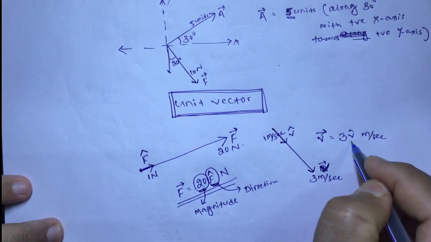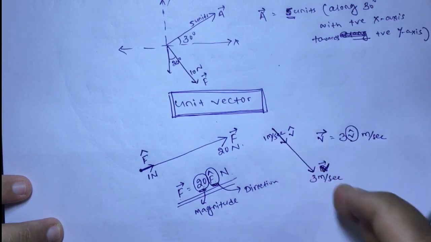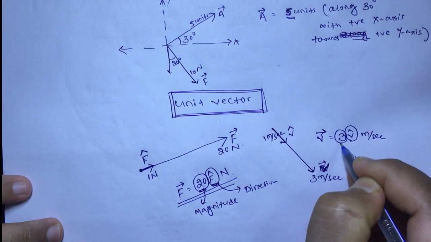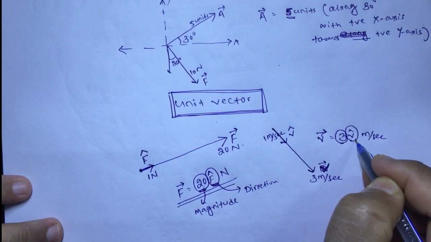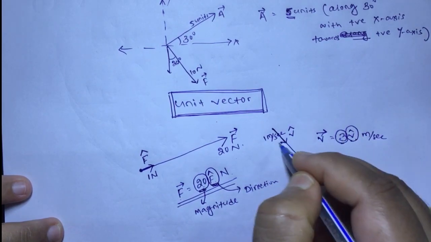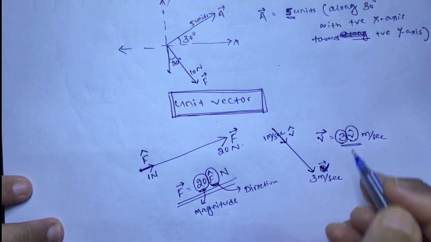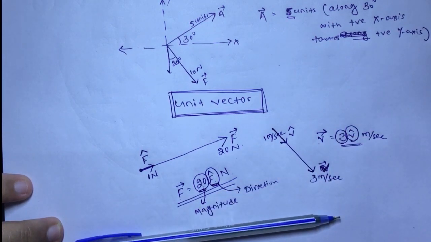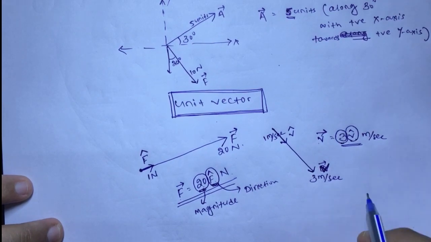And how can it be correct? Because v cap will give you the direction of v vector, because that is defined as v cap, and v vector must have the same direction, and 3 I have multiplied. So if we multiply 3 with v cap, its magnitude is going to be 3 times. So v cap has 1 meter per second, it is 3 times, so it will be 3 meter per second. So 3 v cap will be equal to v vector. This is how you are going to represent a vector. Again, 3 will give you the magnitude and v cap will give you the direction.